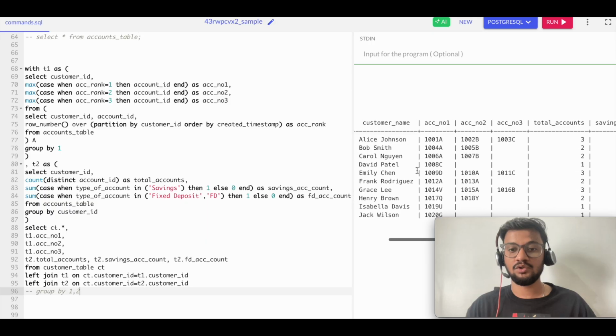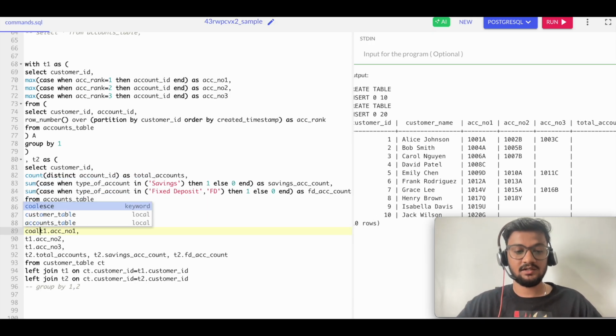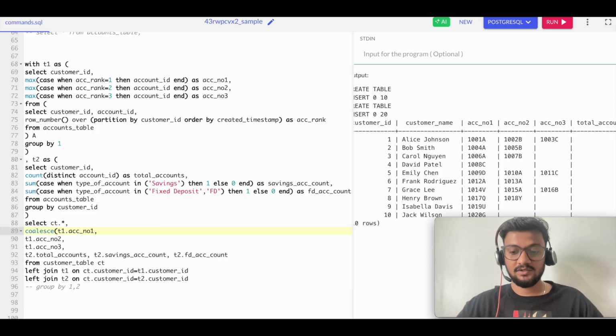Now what we can use here is the coalesce function to replace the blanks or nulls with the hyphen. So coalesce function is similar to ifnull in MySQL. This is PostgreSQL, so we can just use the coalesce function. You can also use ifnull or NVL if you are using Redshift SQL. All of them will work here. If it is null, it will replace it with the hyphen value. So we will replace this with this,